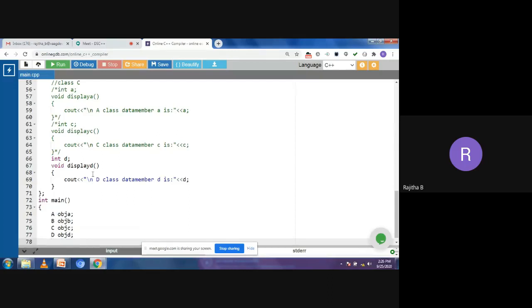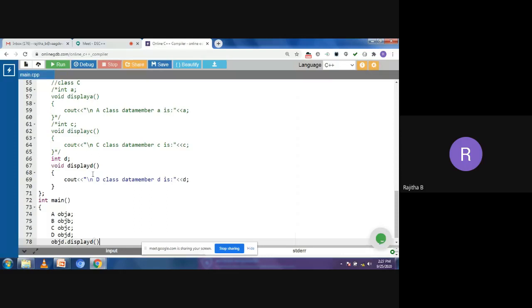Now suppose with the D class object, obj D, I'm calling display D, the D class data member function.